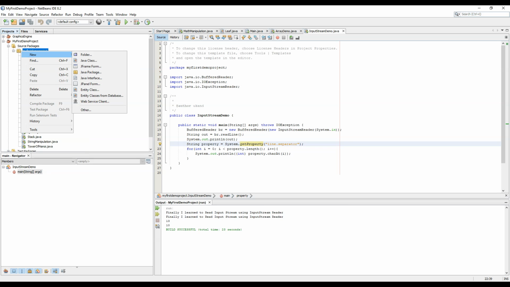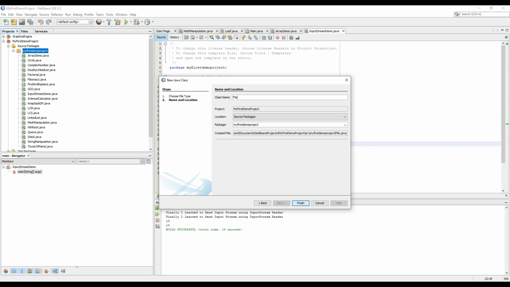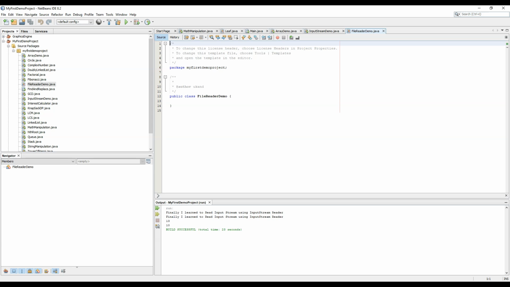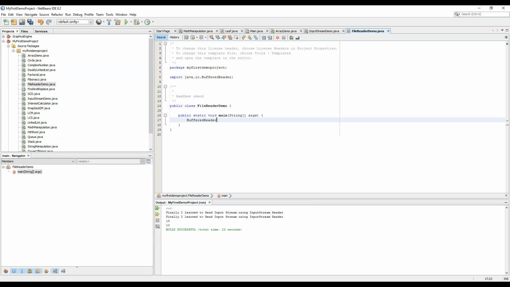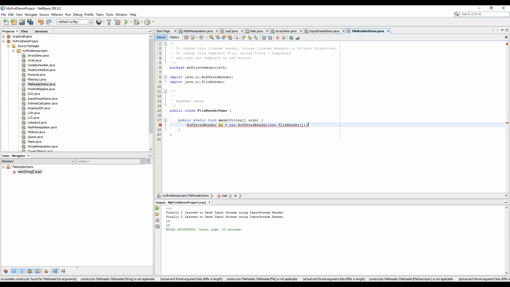So let's start with the new class, FileReaderDemo. Let's create a PSVM, public static void main. Now we need BufferedReader again, BufferedReader br equals new BufferedReader, and now we will pass new FileReader, and we will have to pass a file or a file name in this option.